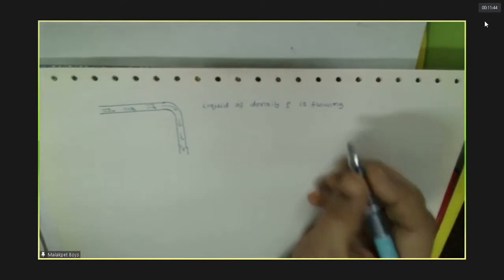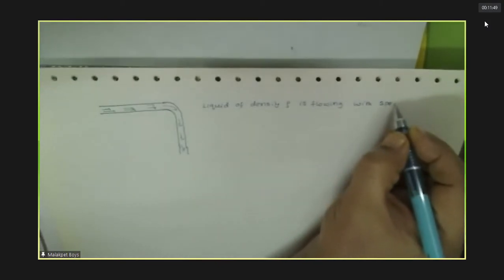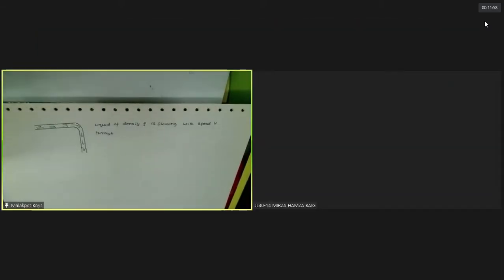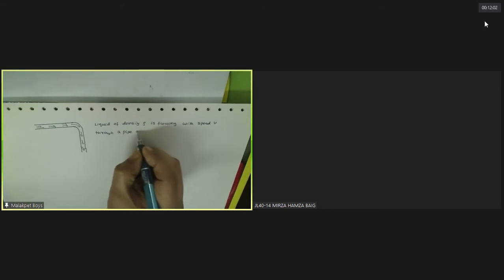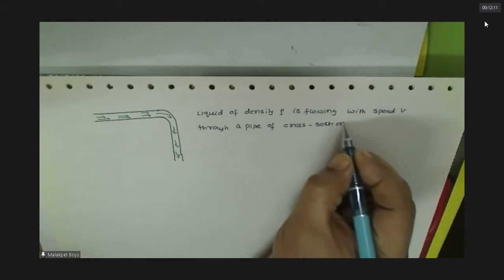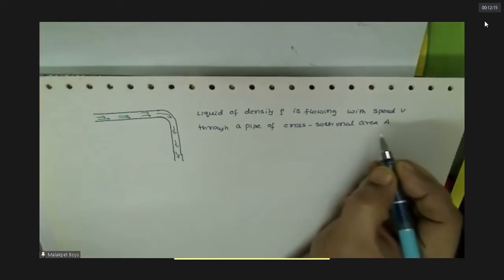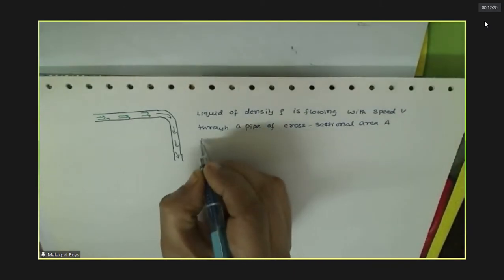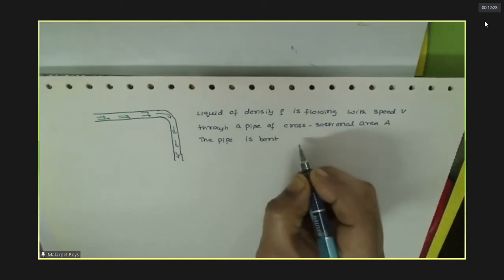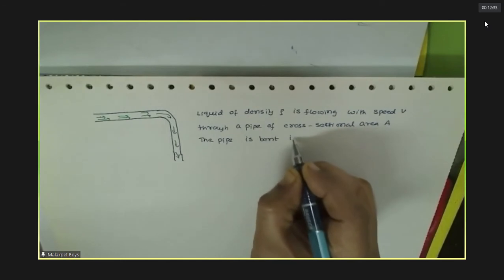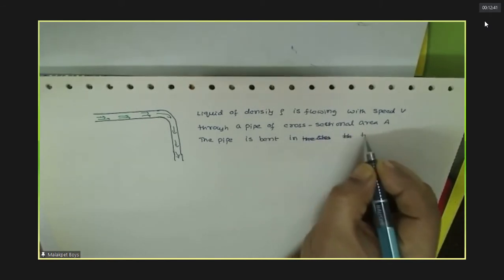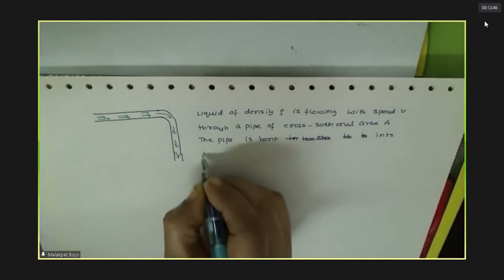Liquid of density rho is flowing with speed v through a pipe of cross-sectional area capital A. The pipe is bent into the shape